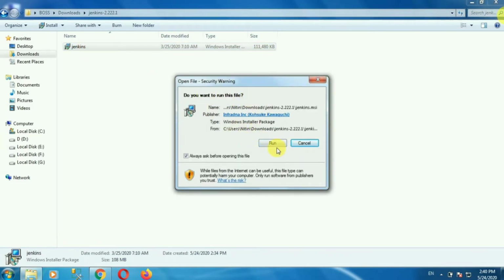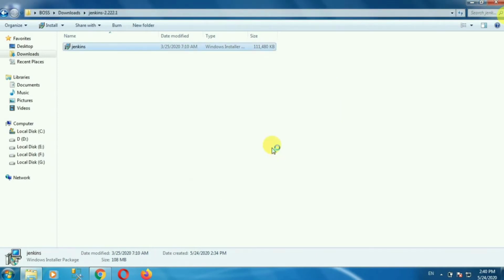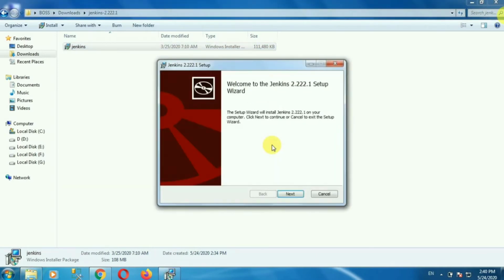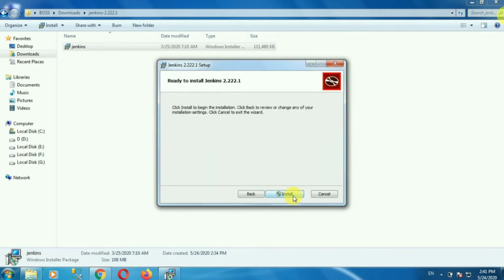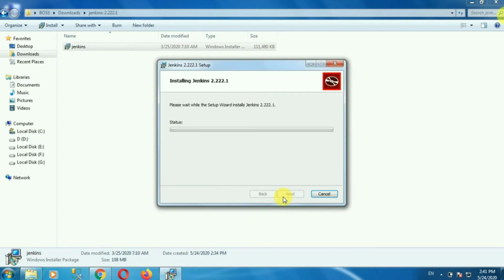Do you want to run this file? Click on run. Again click on next. Again click on next. And finally click on install. Wait for some time.